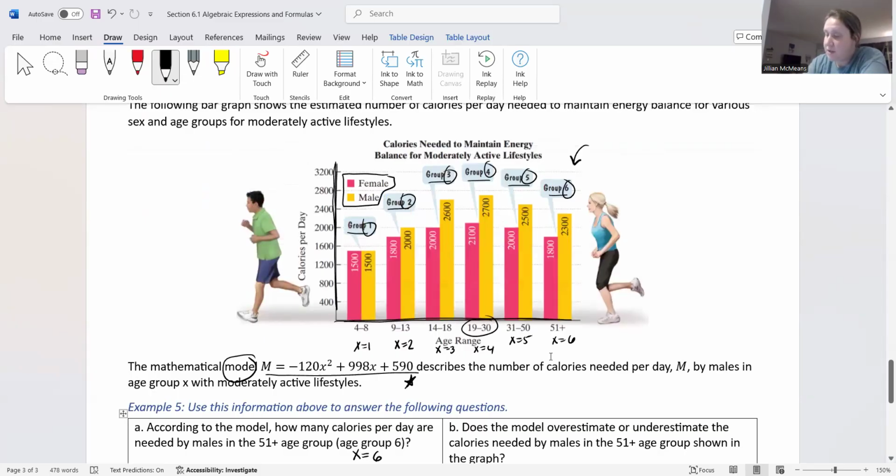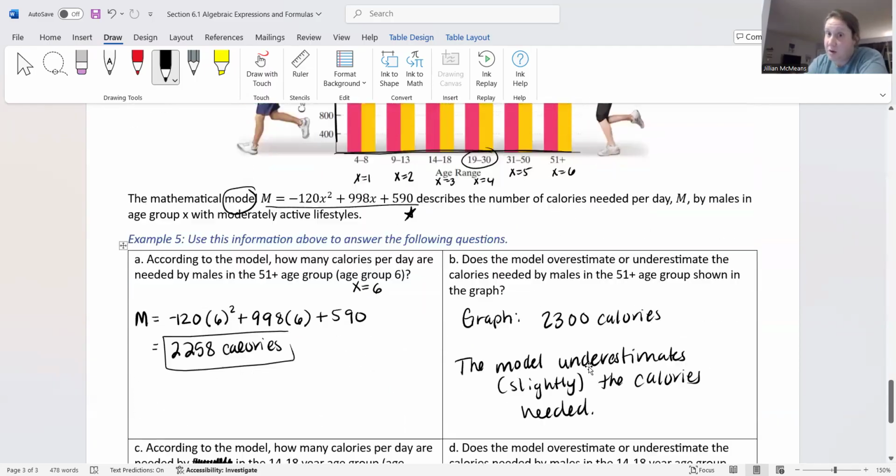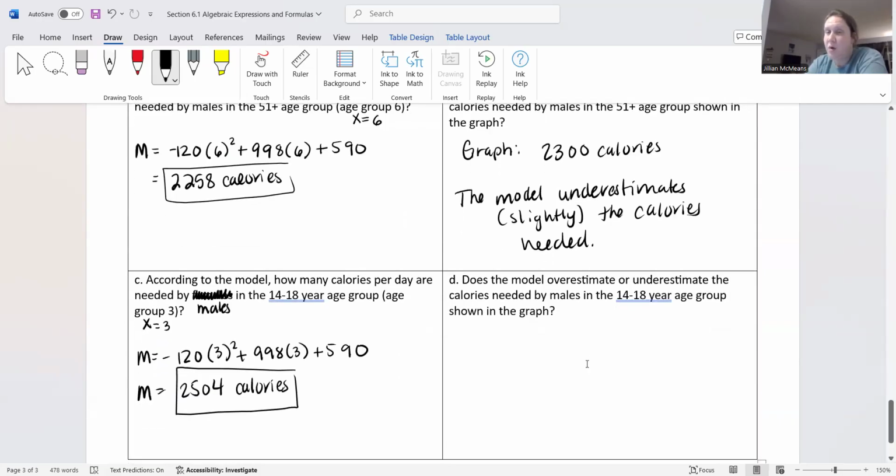14 to 18 is right here. All right, and you can see here that according to the graph, in the 14 to 18 age group, males actually need 2,600 calories. So in this age group, it definitely underestimates again, but it underestimates a bit more. It's a little bit more off compared to the 51 plus age group. But for the graph, we have that they need 2,600 calories. All right, so we would say the model, which is the formula, the equation, underestimates